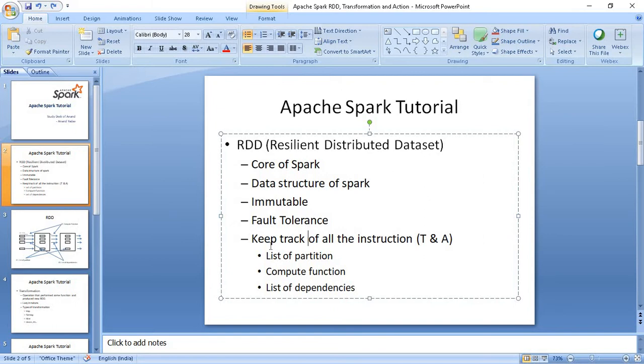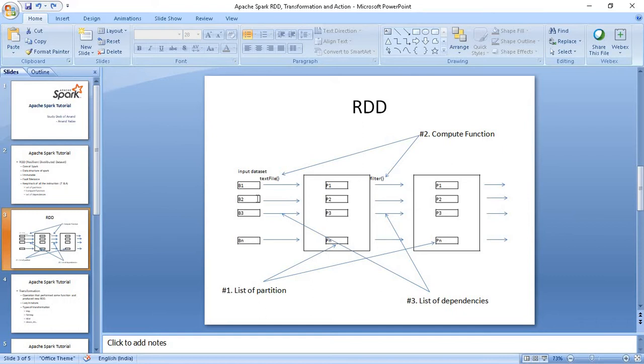So this RDD can keep track of all instructions like transformations and actions. It stores the list of partitions, its compute function and the list of dependencies. Let me show you one graph, with which you can understand what an RDD is. Whenever we read any data element from HDFS, the data elements can be divided among partitions or across nodes in blocks.